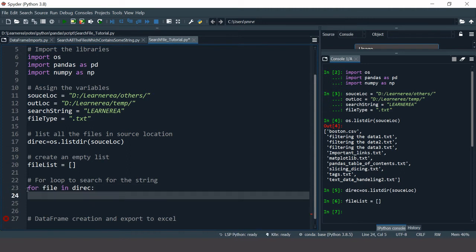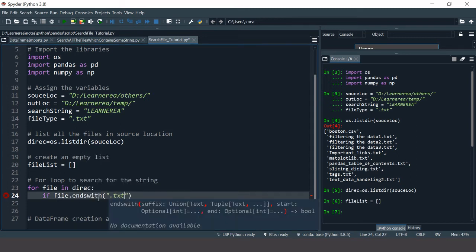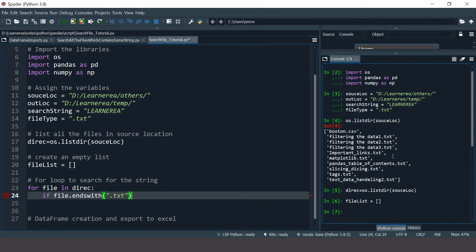Now it will start the loop and look in this direct list for each file. What is it that we want it to do? First thing, we want it to search the text files only. So we will say if file.endswith('.txt'). Wherever the file name ends with .txt, that we are asking it to search.